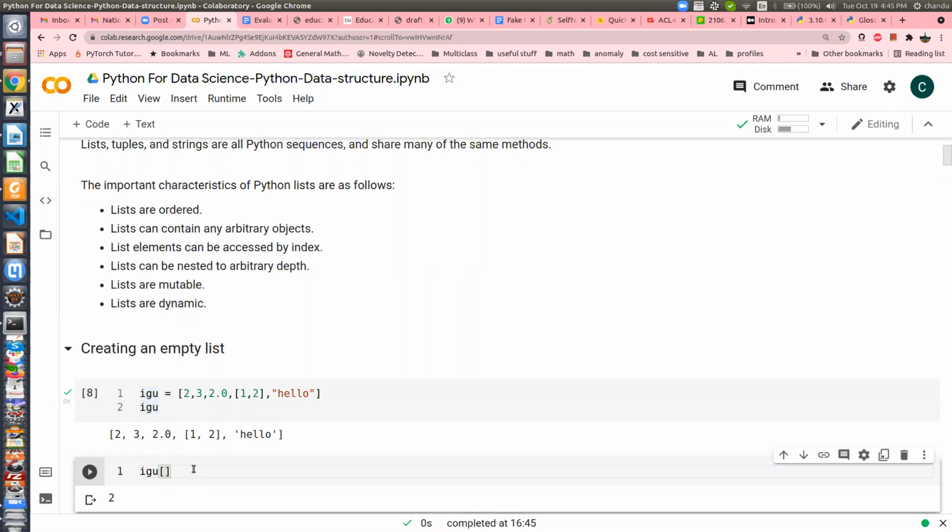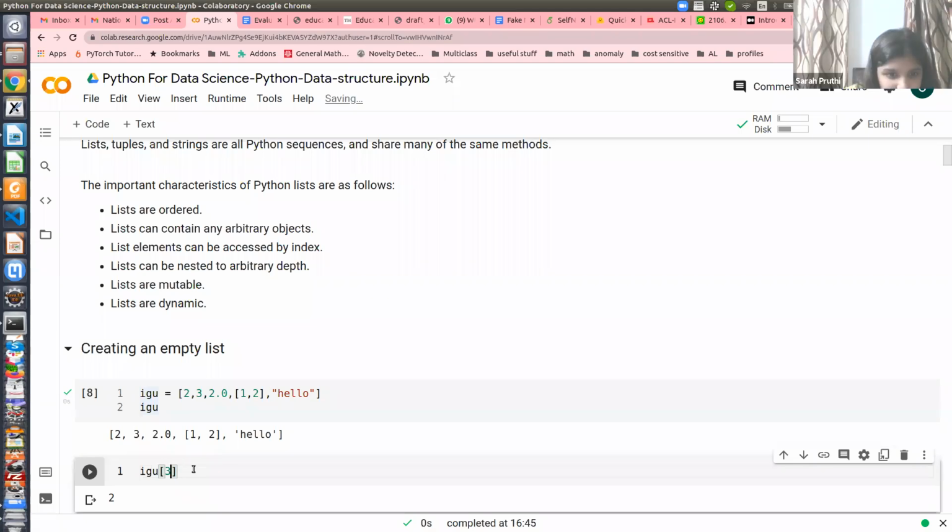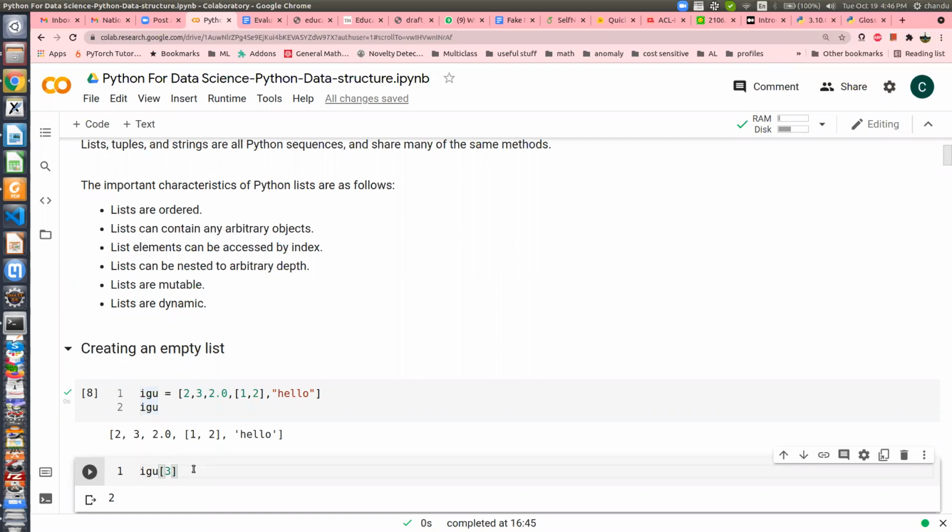If I type 3, what will be the output, Sarah? The output will be 3 only? Someone is saying it is 0.